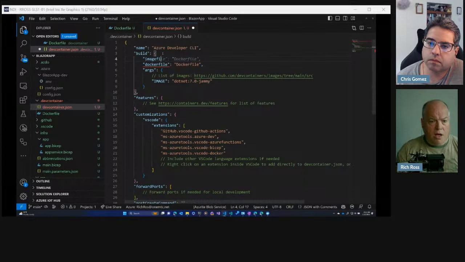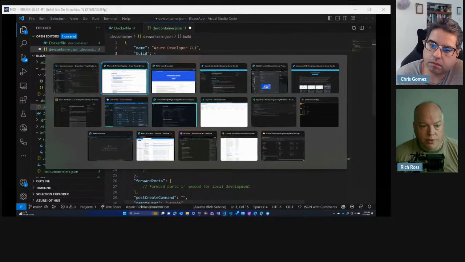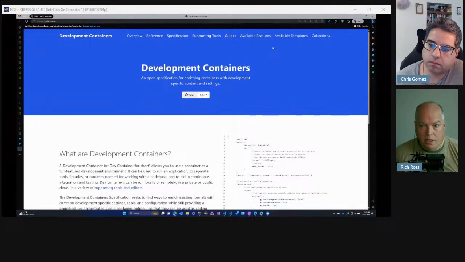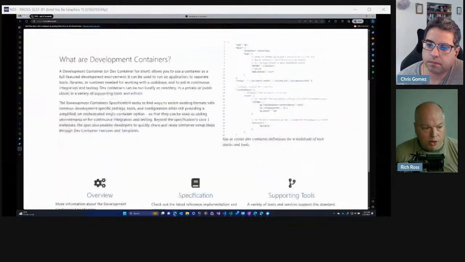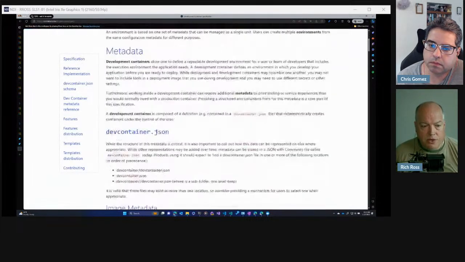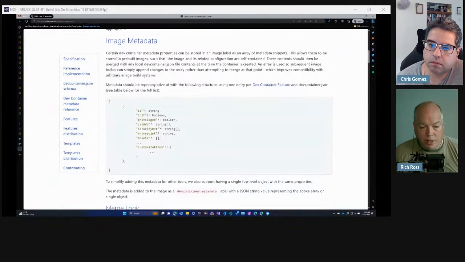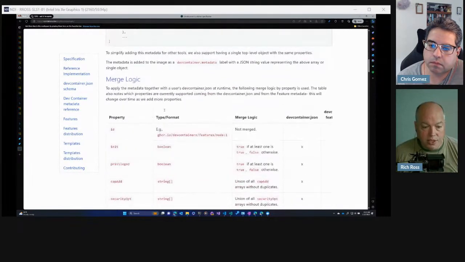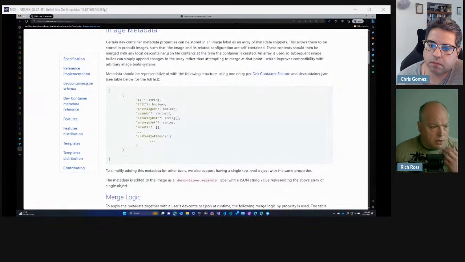Image file. So that devcontainer JSON that we have here gives us essentially a structure. In this case, our structure is looking at a Docker file. We don't have to start with the Docker file. We could actually start with a reference to essentially an image, which is what I'm looking for here, which is